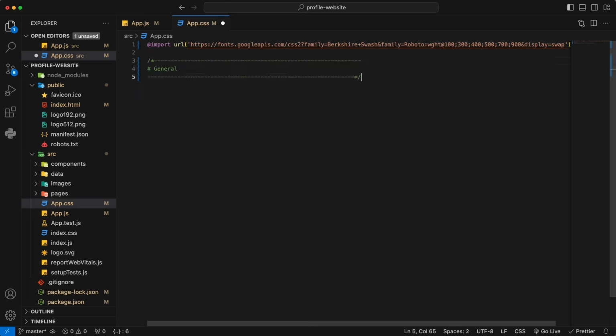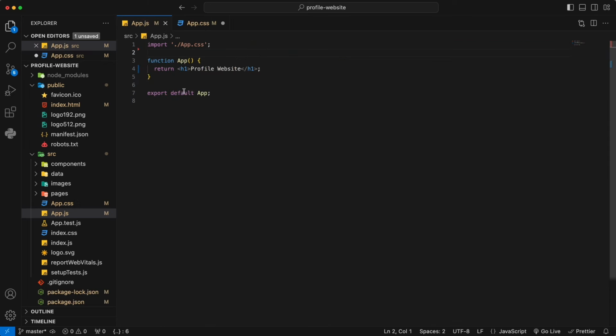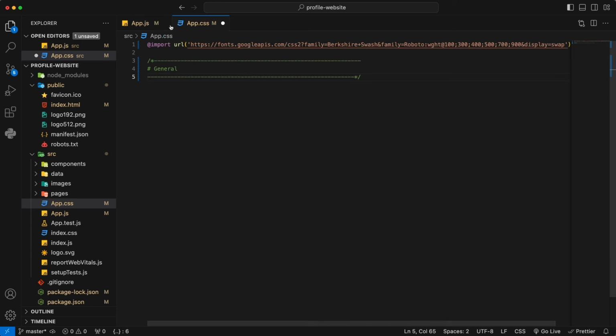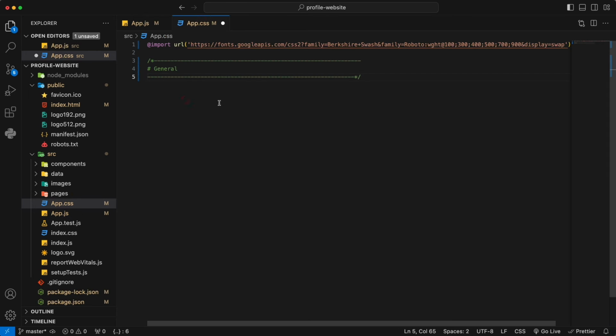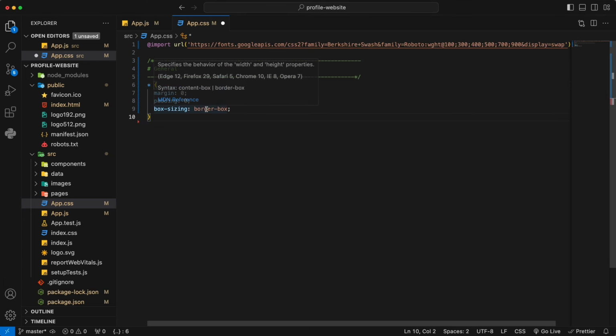If you leave your CSS in your app.css file, this CSS will be applied to the entire application, because every component or page is wrapped inside the app folder, so this CSS will apply to all of them. So be very careful where you put your CSS file. If you only want the CSS to apply to a single individual component, this is probably not the best place to put it. So for the general setting, we want to make a rule for the entire web page: